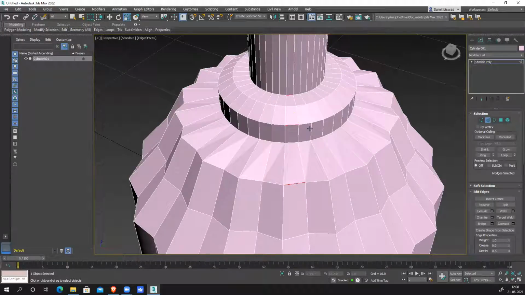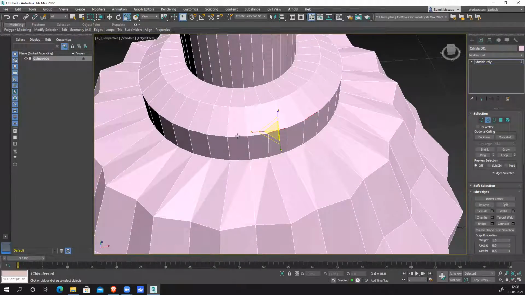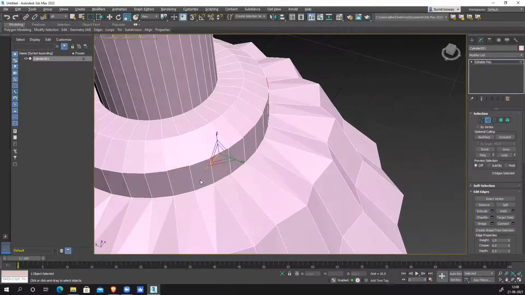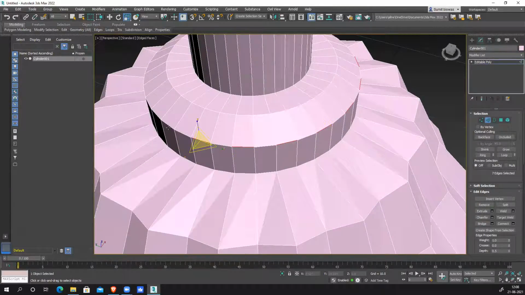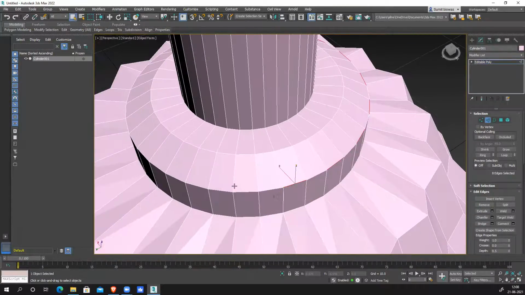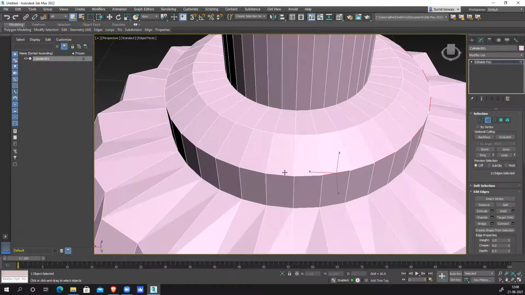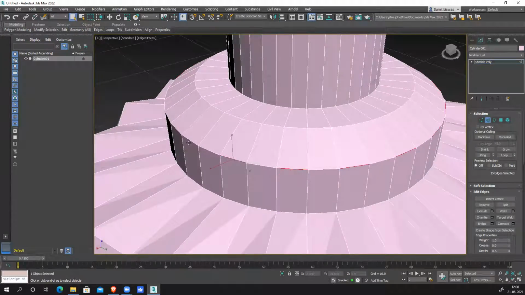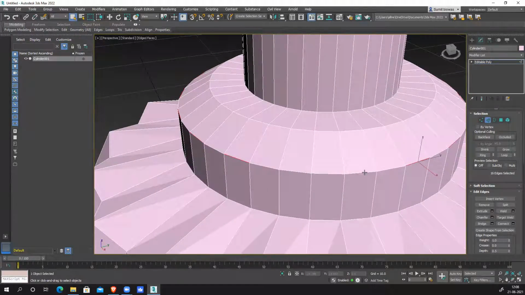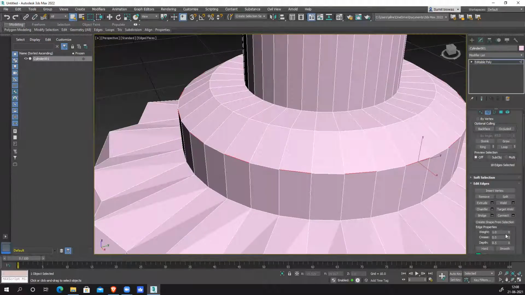I need to reduce. So now topology is too much, so I need to optimize the model. And I can collapse it.